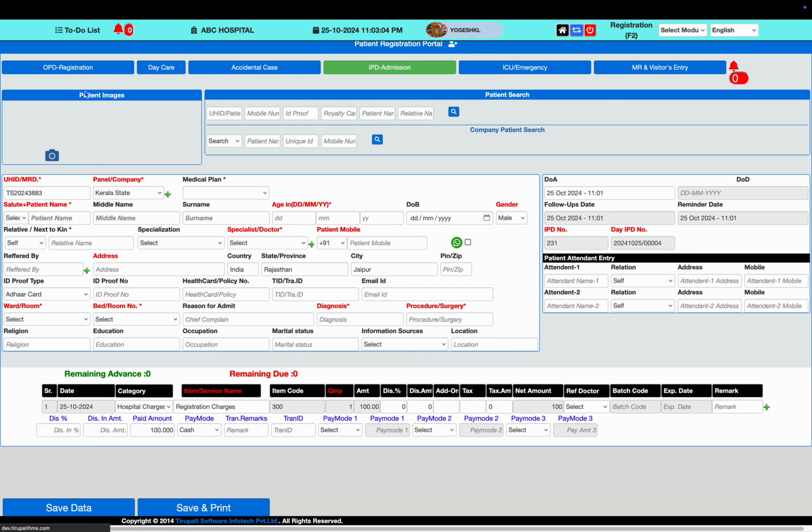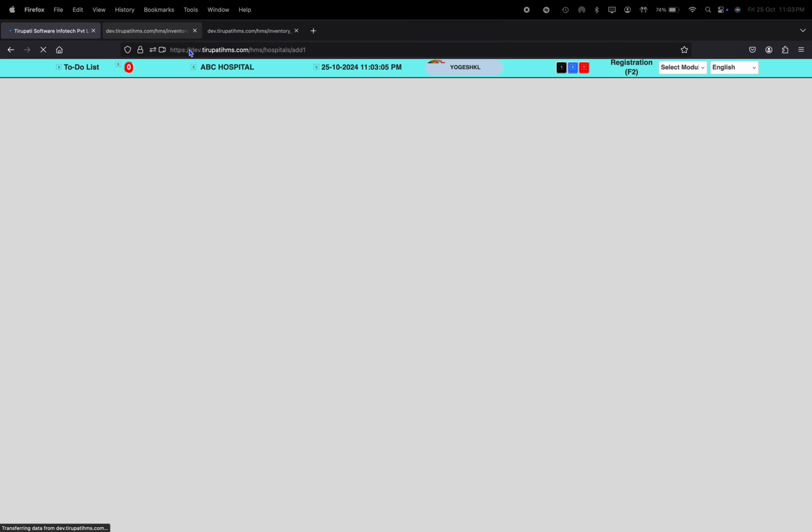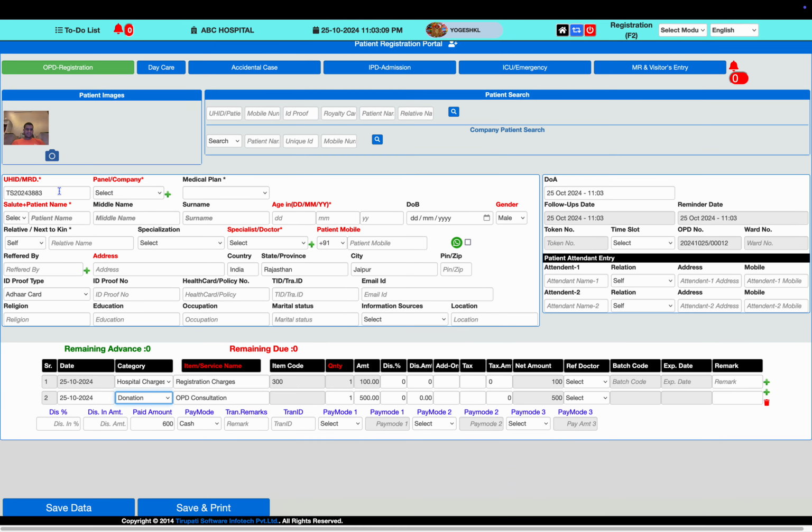So let's first create an OP registration so that we collect some basic information of the patient. I have refreshed this page to get new data, and the system will provide a unique system generated UHID. Let's create here patient Ram Kumar Mishra, for example.